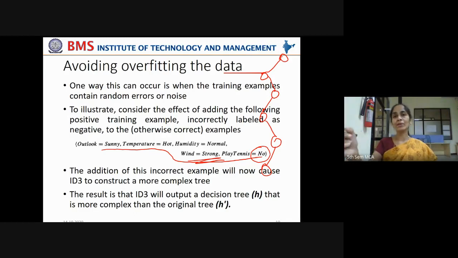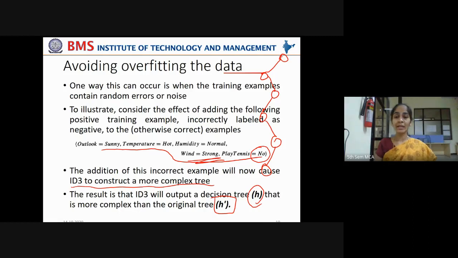Now, when a new data point is given with a combination near to it, it will predict wrongly. It can't generalize well. The addition of this incorrect example will now cause ID3 to construct a more complex tree. Now the result is that ID3 will output a decision tree H, a new complex decision tree, that is more complex than the original tree H dash.